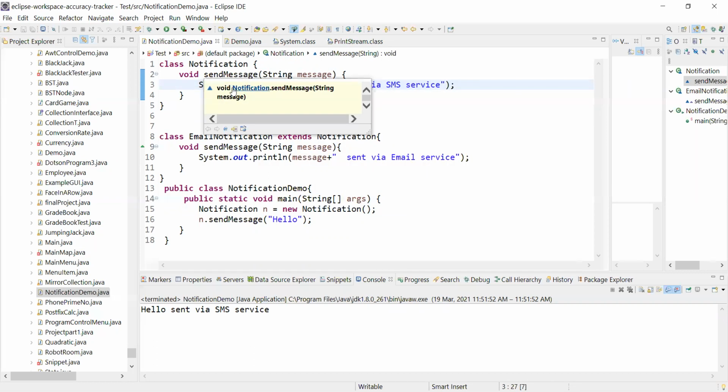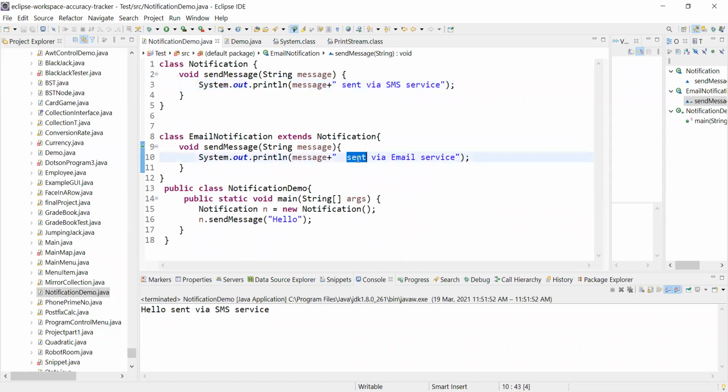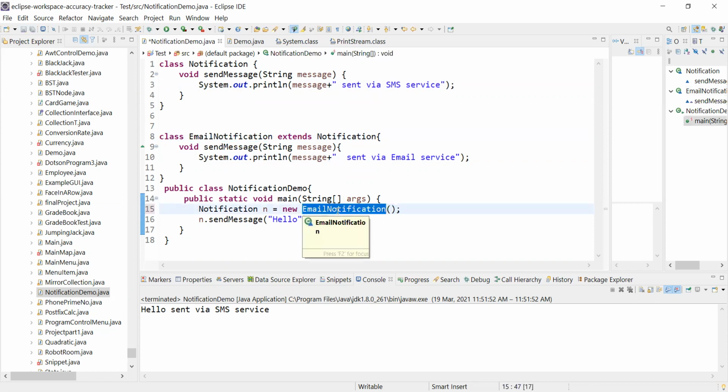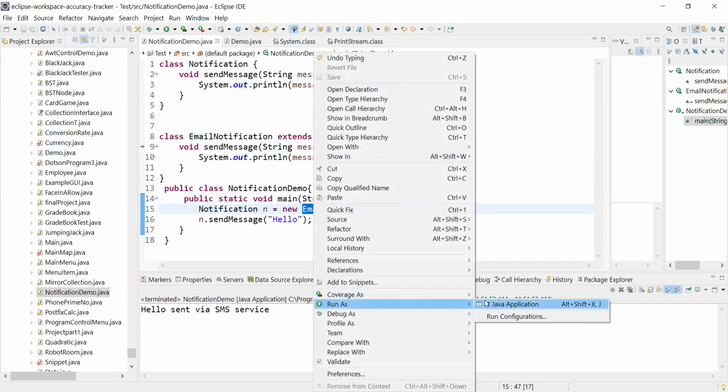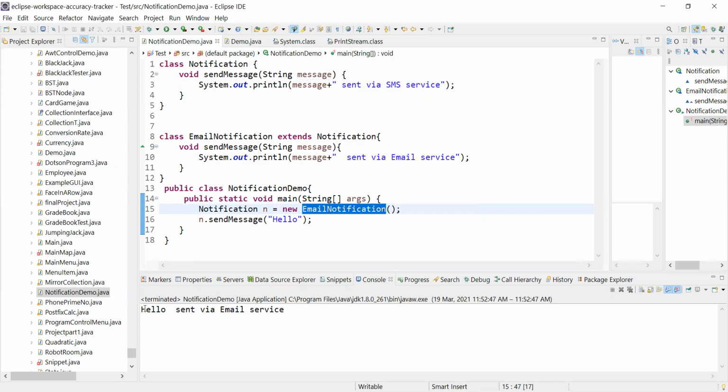We want to override the functionality so that we can send the message via email. So we'll have an object created for email notification, and then we'll say hello. It will override the parent's functionality. You can see now it is saying hello sent via email service.